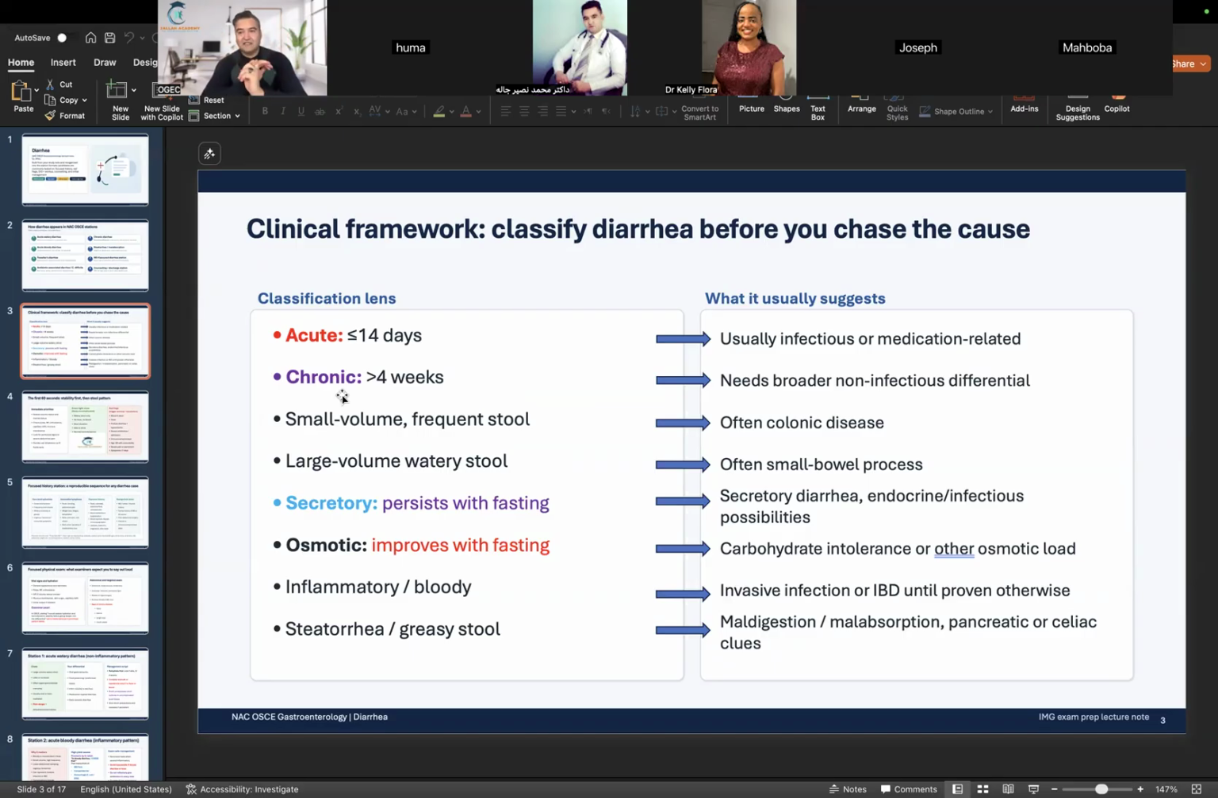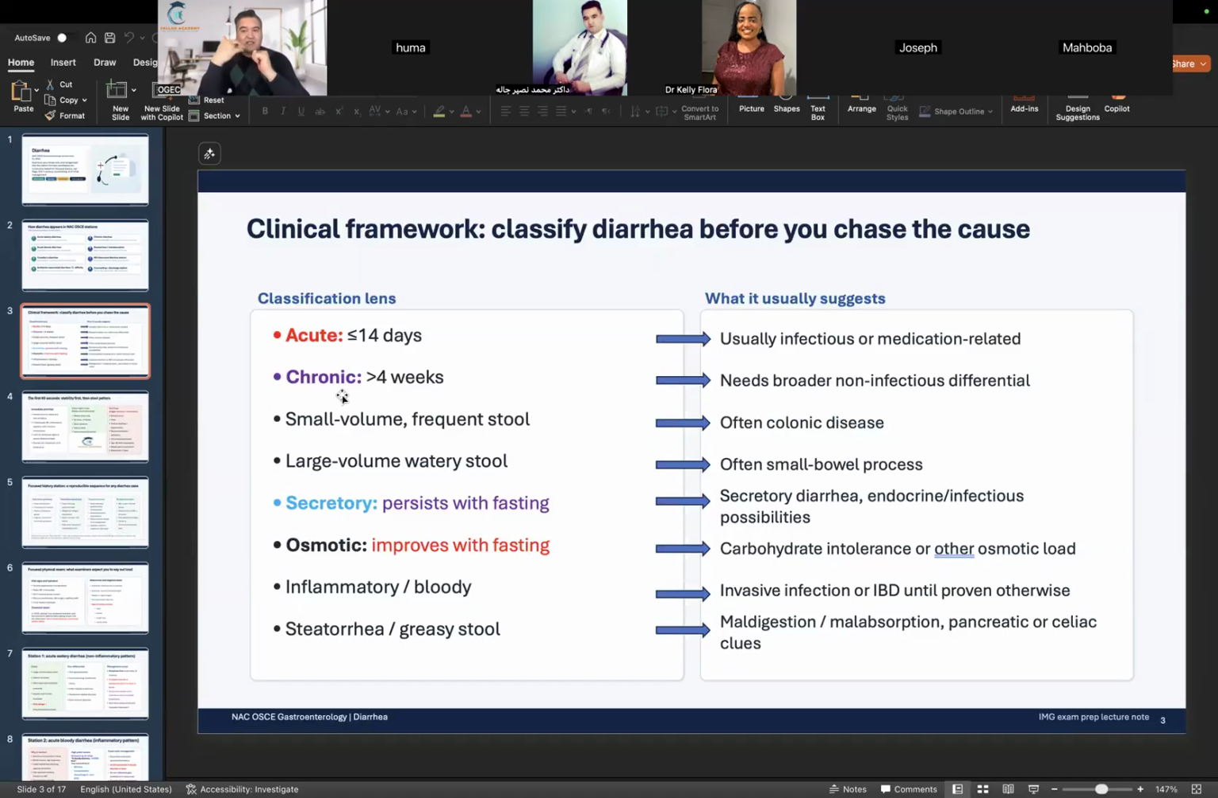If it is less than 14 days, less than 2 weeks, it is considered acute. Anything above 2 weeks to 4 weeks is considered subacute. More than 4 weeks is considered chronic. If the scenario mentions that the patient has diarrhea, but the amount of stool is small but frequent, so the patient has a small volume of diarrhea that is more frequent,